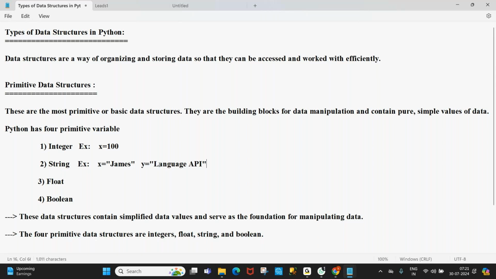Or you can declare any variable, say the variable name str equal to Microsoft Fabric. So str is a variable which is of type string. y is a variable of type string, and x is a variable of type string.